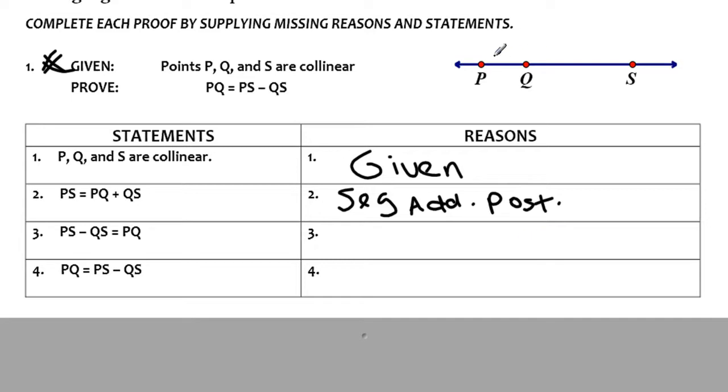The segment addition postulate, if I put numbers here, maybe it'll help you. The segment addition postulate says that part of a segment PQ, so 5, plus the other part of the segment QS, 10, equals the whole length of the segment PS, which is 15. So if I add 5 to 10, I get the whole length of the segment, 15. That's just the segment addition postulate in letters. Okay, so now